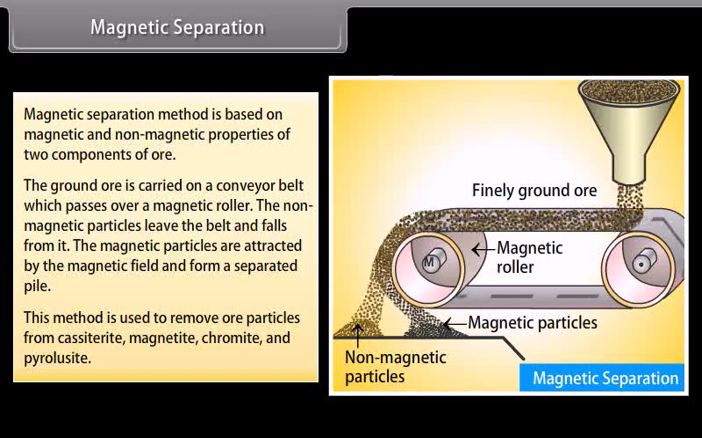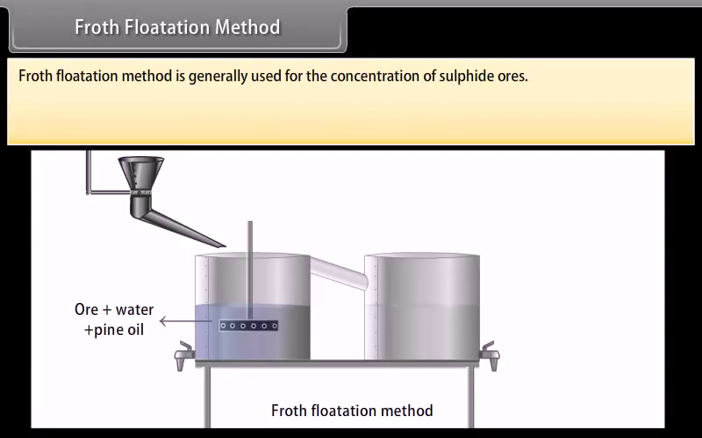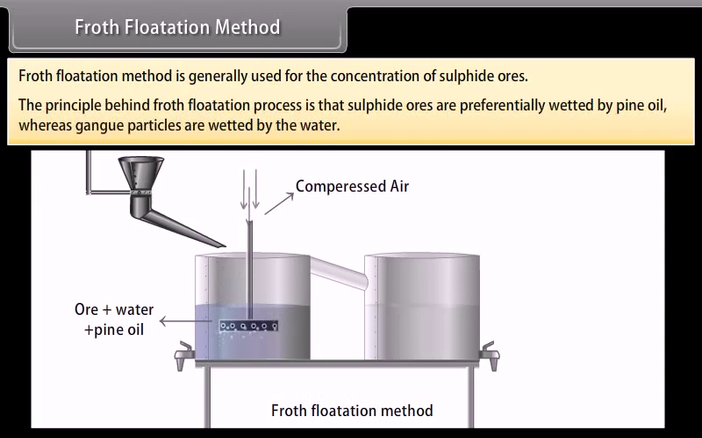This method is used to remove ore particles from cassiterite, magnetite, chromite, and pyrolusite. Froth flotation method. This method is generally used for the concentration of sulfide ores. The principle behind froth flotation process is that sulfide ores are preferentially wetted by pine oil, whereas gangue particles are